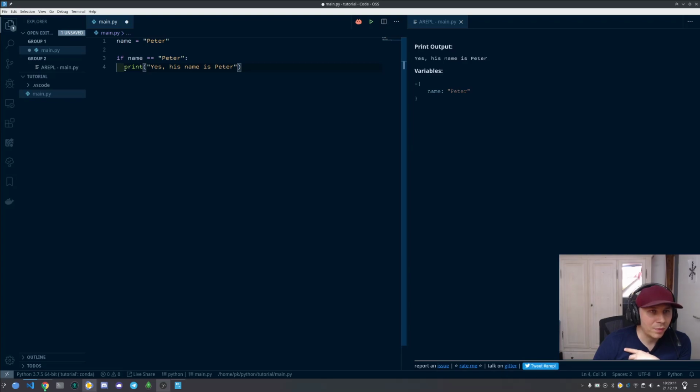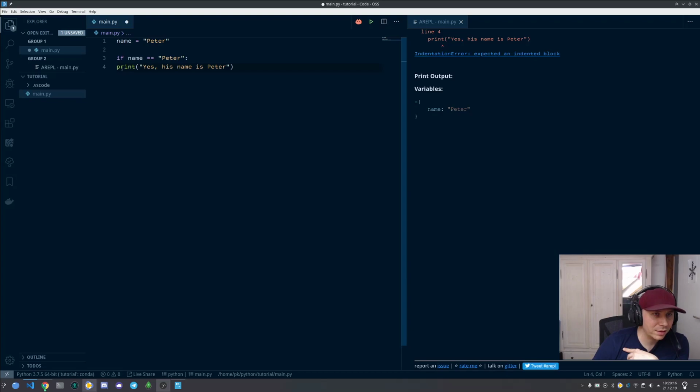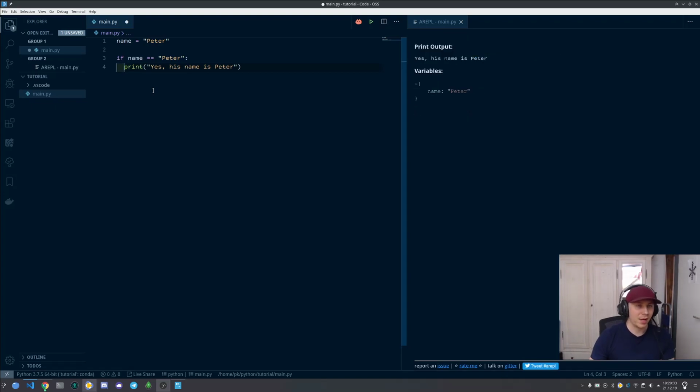Now there is an important thing here. We need this indentation at the beginning of the print, because the indentation is how Python knows what belongs to the if statement. So by adding some space in front of this, Python knows, okay, this line of code should run if this statement is